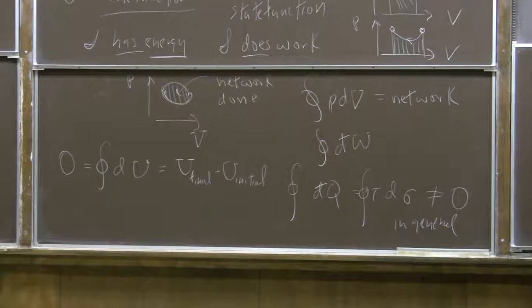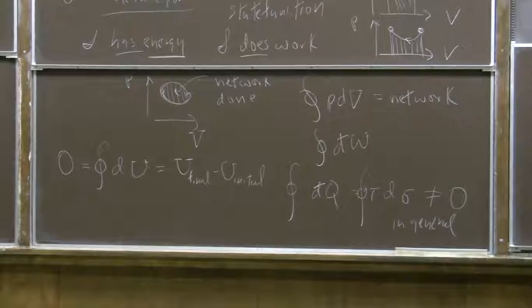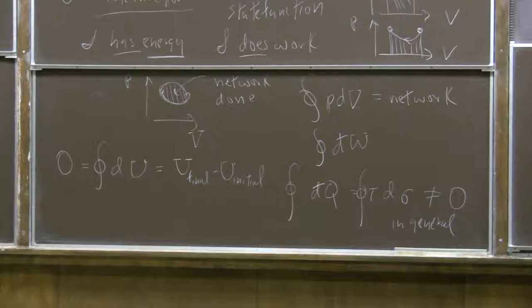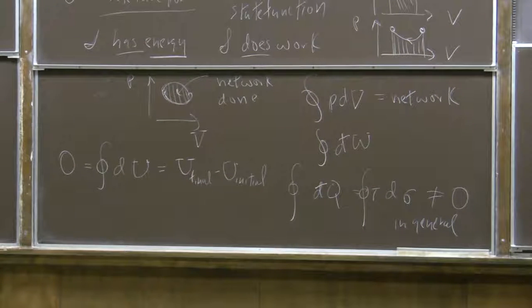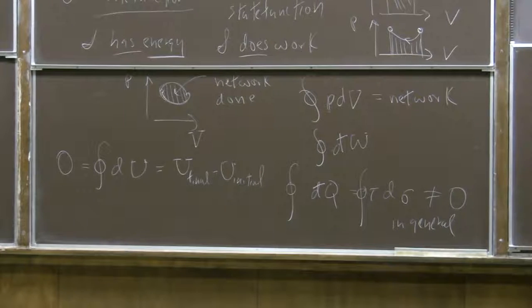So the integral of d̸W, which is the integral of p dV over the closed cycle, the work done in a closed cycle, will be equal, because U is a state function, to minus the integral of d̸Q, equals minus the integral of τ dσ over the closed cycle. So there's a balance. Conservation of energy says the net work done in a closed cycle